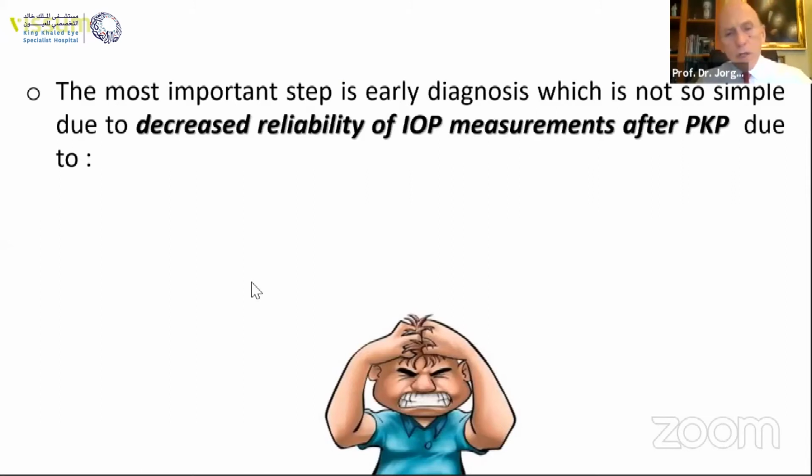But on top of all these issues, you have one problem, which is the headache that it gives to the surgeon: the lack of reliability of intraocular pressure measurements after penetrating keratoplasty. When you use Goldmann tonometry, many times you have a distorted aspect of the ocular surface. The measurement of the pressure is imprecise. It's very much related to the subjective